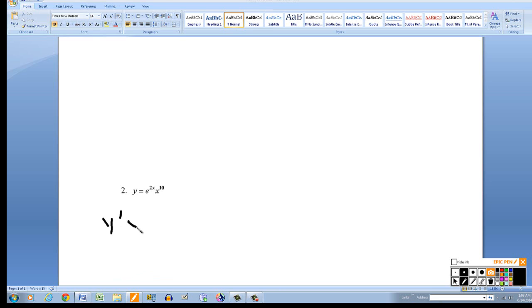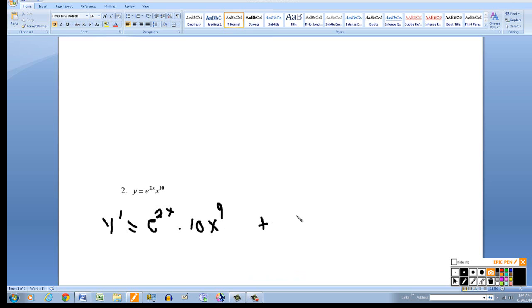So here's the way it works, and I'm just going to say y prime, that's the derivative of the function, is equal to the first function, that's e to the 2x, times the derivative of the second. Now the second is just plain x to the 10th, so just using the basic power rule, that would be 10x, subtract 1 from the 10, this would be 9. So I get e to the 2x, 10x to the 9, plus